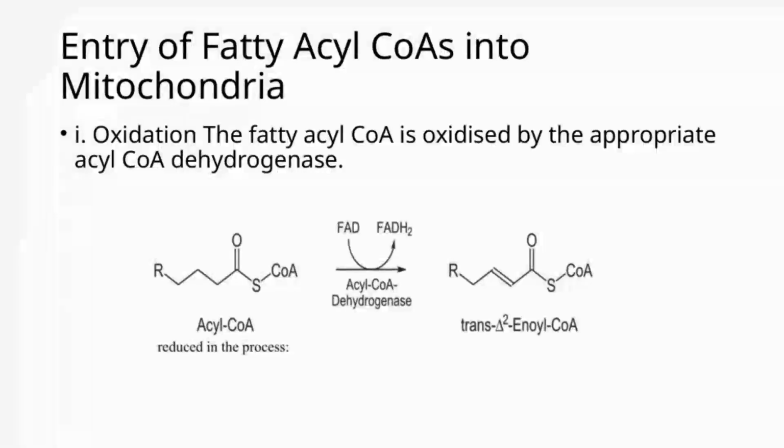Next, let's consider how fatty acetyl-CoAs get into the mitochondria in the first place. This is a key step because without proper entry, the entire process of fatty acid oxidation can't proceed efficiently. The mitochondria have specialized transport mechanisms to facilitate this entry, ensuring that fatty acids are available for oxidation when the body needs energy. Understanding both the oxidation process itself and how fatty acids are transported into the mitochondria connects to